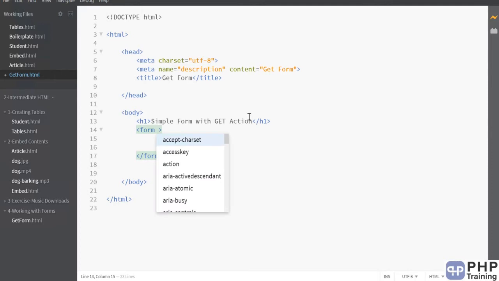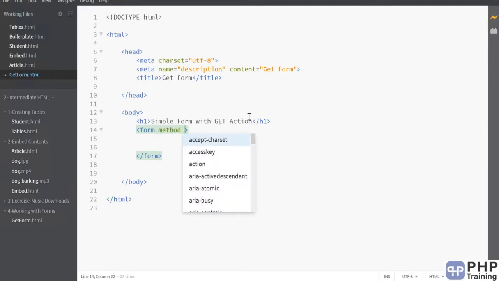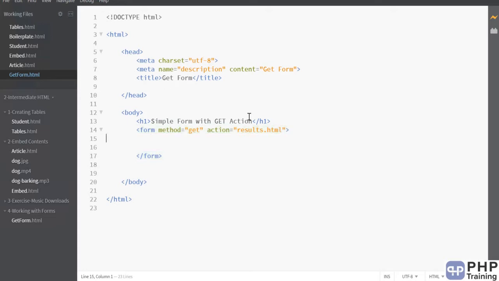And form basically has two important properties. The first attribute is called method, and the method has a parameter called get or post. Then you have an action. An action is basically telling where you want to go to when someone submits this form. That's coming from the action. So we'll create result.html, and when someone clicks the button, we will go to that page. How to and where to go to that page is defined by this action, and going from one page to another is taken care of by the form.